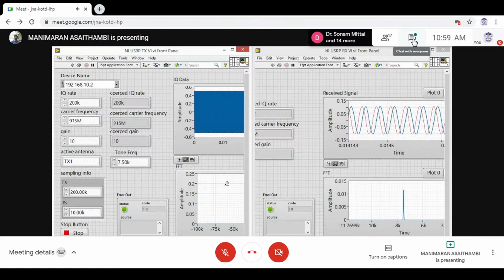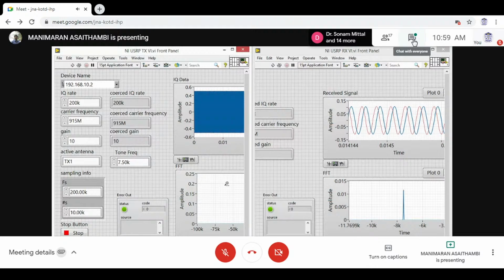So am I clear now? Do you understand? I think now you all got why I have used these things. Now for reception, I'll open my receiver code and show you this. Now do you see I have an open USRP session, configure USRP, initiate, start, acquire data, fetch,